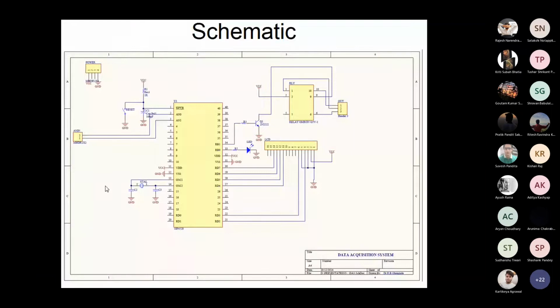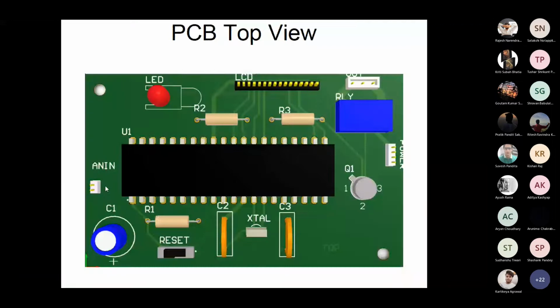So this is the screen that you would see after you complete the schematic entry. All the symbols over there are called schematic symbols. These are the symbols that you would put on the schematic sheet. And this is the top view that you will get. Interestingly, you can create a 3D view also. So this is a 3D view of the board. I'll tell you how to do that also.